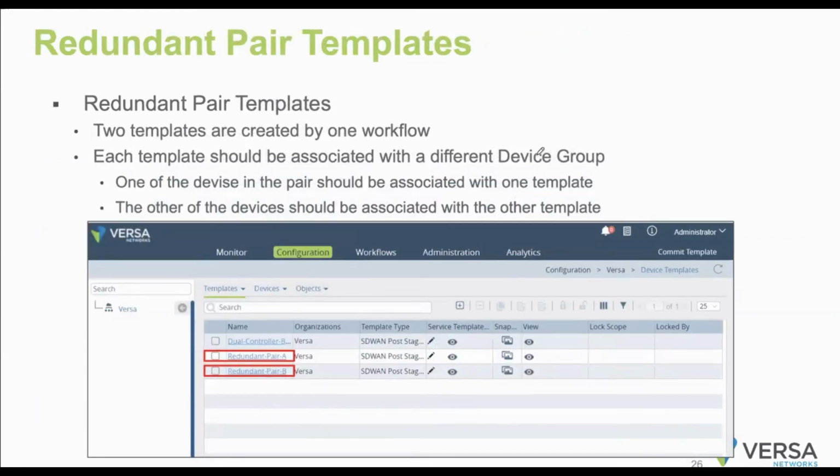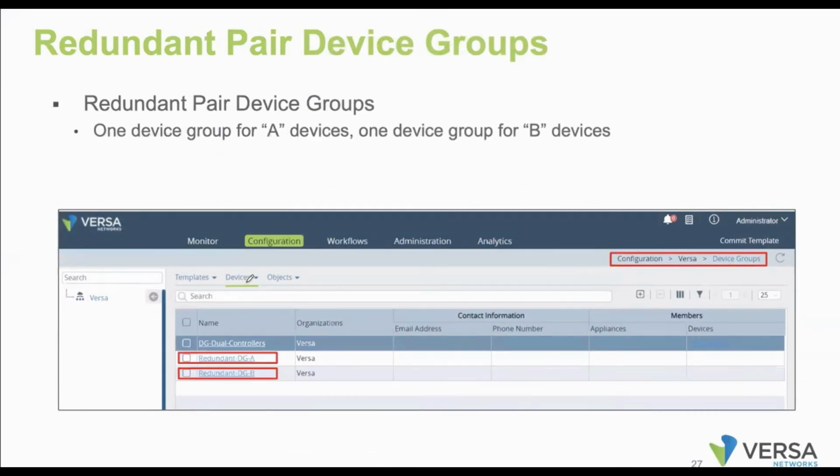While deploying the devices, the moment we deploy the workflow templates, you are going to get the two device templates. One is the actual name, redundant pair A, and the other is the name we mentioned for workflow template 2. So these are the two different device templates that automatically got created. With the help of these templates, we create the device groups. While going to the device groups, we mention what all the device groups we are going to configure. Device group A, device group B.